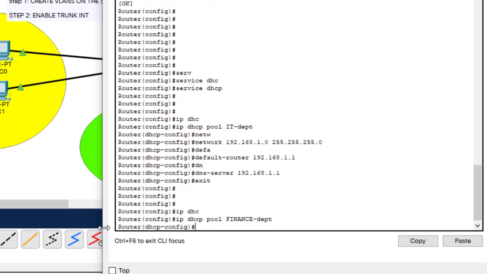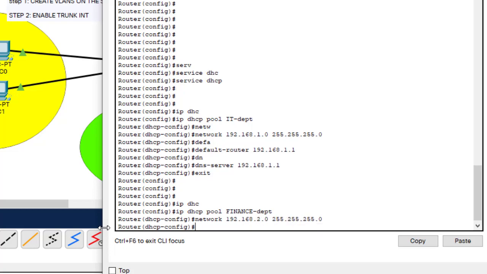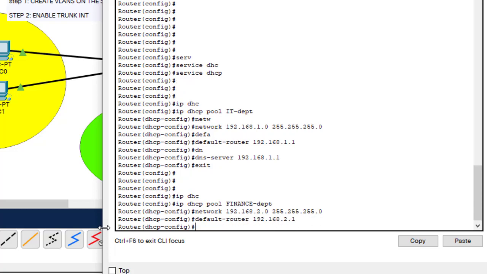Then network, let me just try to retrieve the above configuration. Press arrow up, arrow down. So the network should be 192.168.2.0. Then default router should be 2.1, and finally DNS should be 2.1 also. Okay,